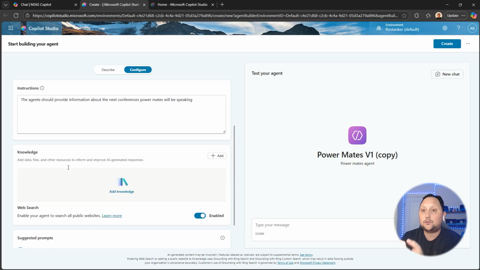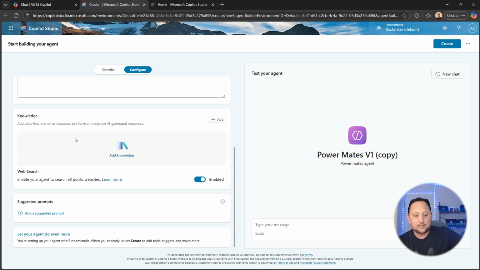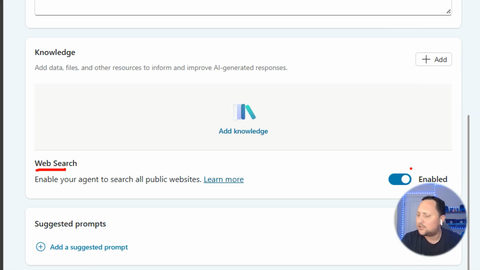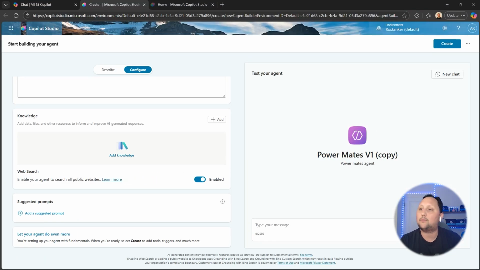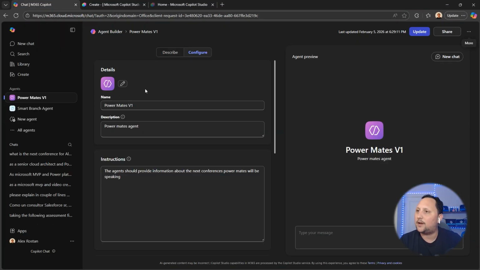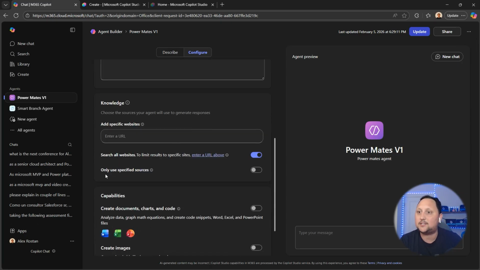Also, it is going to come with the knowledge. If we were using knowledge bases or knowledge sources like a SharePoint library or some public site, it's going to be here too when you export your Copilot. And also another important piece is, as you can see here, we have the web search, and the web search is enabled. Okay, so why is it enabled? It's not enabled by default. It's because on my Copilot, what I did on the configuration was exactly that, I activated the search all